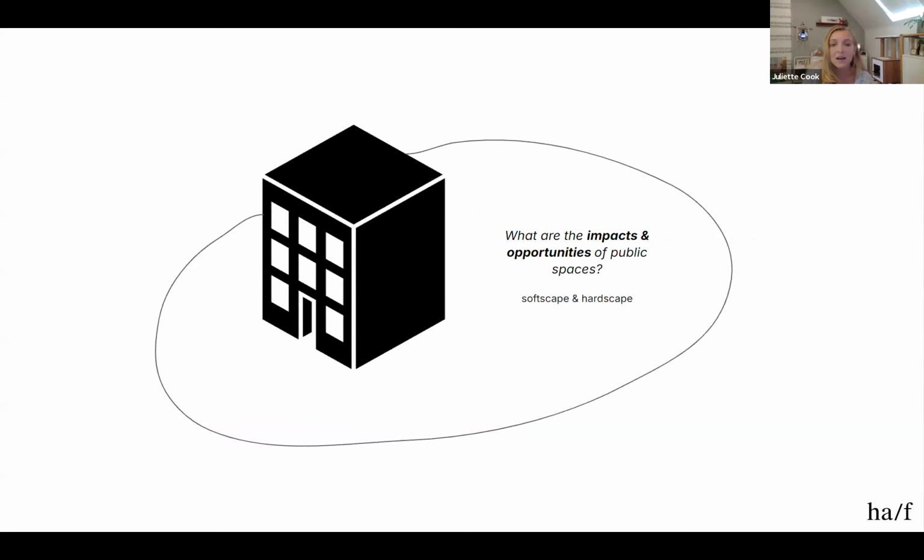And so to date, part of what Alistair said in his introduction is that there's this kind of missing piece of the puzzle when we think of life cycle assessment, in particular embodied carbon. Public spaces have often been overlooked compared to buildings, but as we'll see, they hold significant potential for addressing climate challenges at the urban scale, particularly in their ability to store and sequester embodied carbon, while also offering other co-benefits.